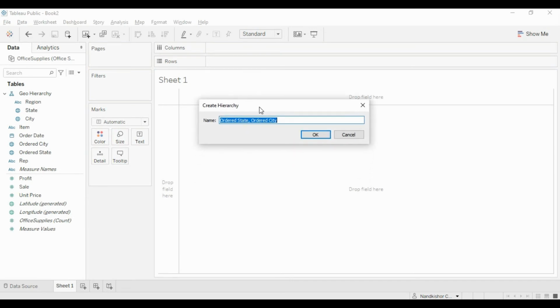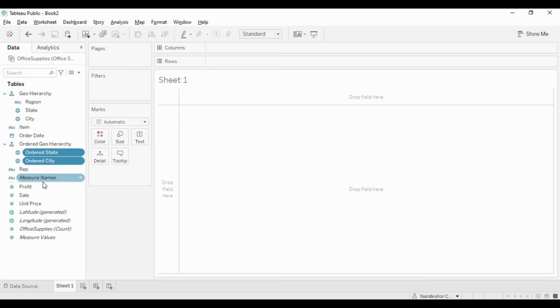It will pop up for the name of the hierarchy. So let's give it a name, ordered geo hierarchy. And we have two dimensions in ordered geo hierarchy. Now let's say the region we use for geo hierarchy, which is an already created hierarchy, we have to use the same region in this newly created ordered geo hierarchy. How to do that? We know that we have only one dimension here